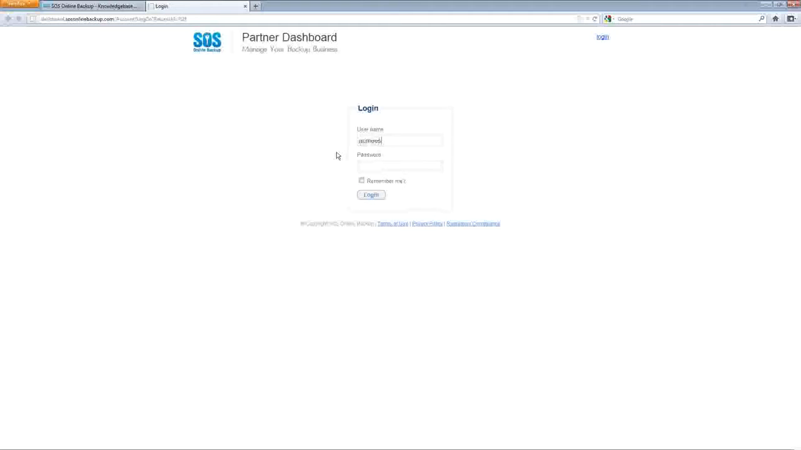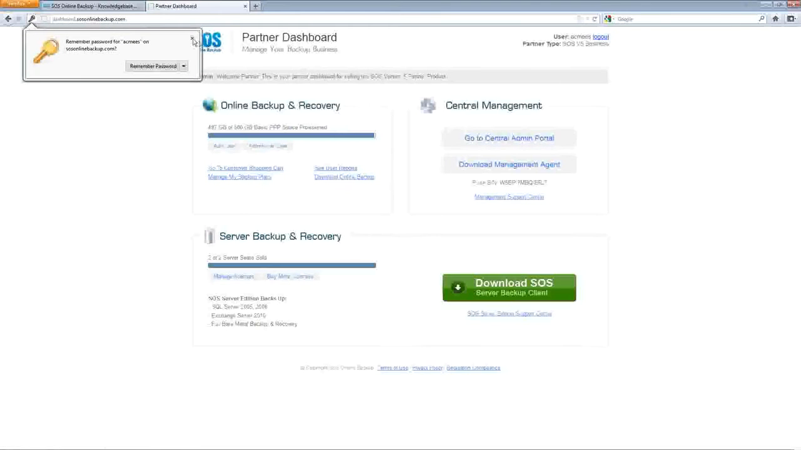In this dashboard, you're given a login, and this is known as the partner dashboard and/or the ServerSafe dashboard, for those of you who have been in our program for a while and are familiar with some of our legacy programs, legacy dashboards. We have 3 sections in this dashboard currently. We have the online backup and recovery section, which refers to your cloud space. So this usage meter here,